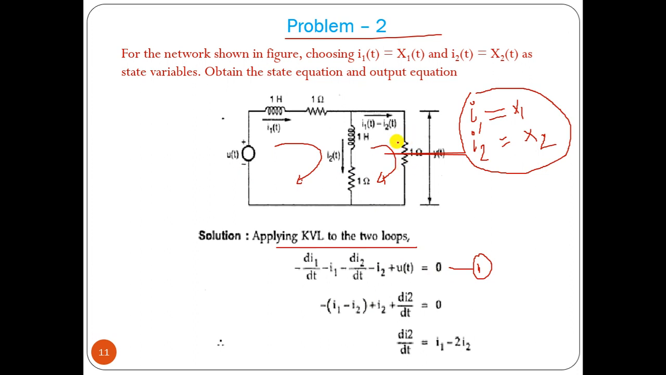From the second loop we can write the voltage drop, minus (I1 minus I2). At this KCL we can see this is I1, this is I2, so this one is I1 minus I2. So I1 minus I2 into 1, that is the drop. Then we are going upwards, but this is downward, so opposite sign. So plus I2 into 1 plus di2/dt. This is equation 2, and from this equation we can have di2/dt equal to